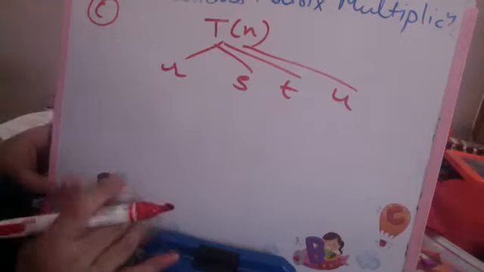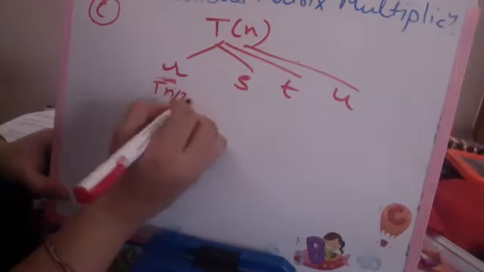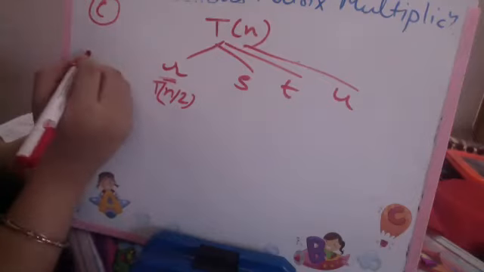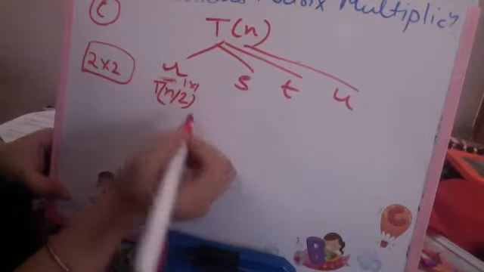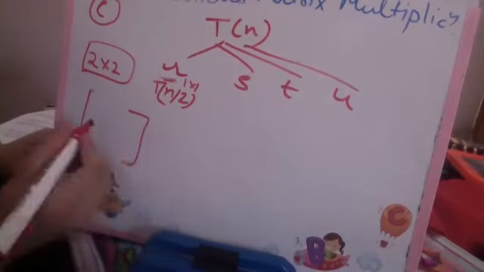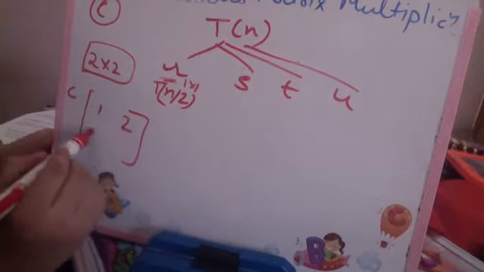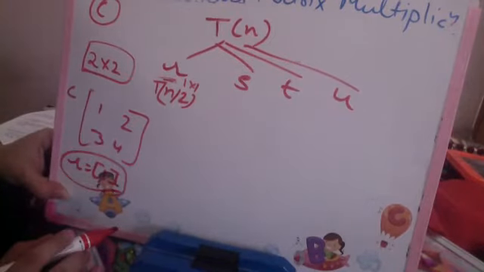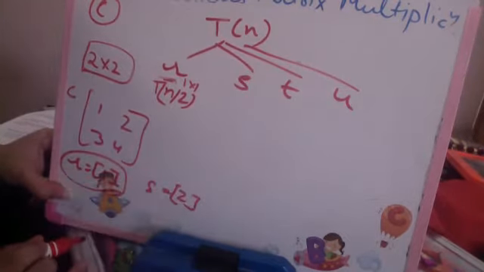Yes, ma'am. Now what is the size of R here? कितने में डिवाइड करें? This is a problem of T n by 2. If initial matrix का जितना भी size था, अगर you were having a matrix of say 2 cross 2 के size की, in that case R will be a matrix of 1 cross 1 size. So I'm dividing it exactly by 2. Similarly, अगर देखो यहाँ पे, if C was a matrix जिसमें there was a size of 2 cross 2, तो R क्या होगा? R 1 होगा. ये समझ आ रहा है ना सबको? S will be 2 and so on. Yes, no?